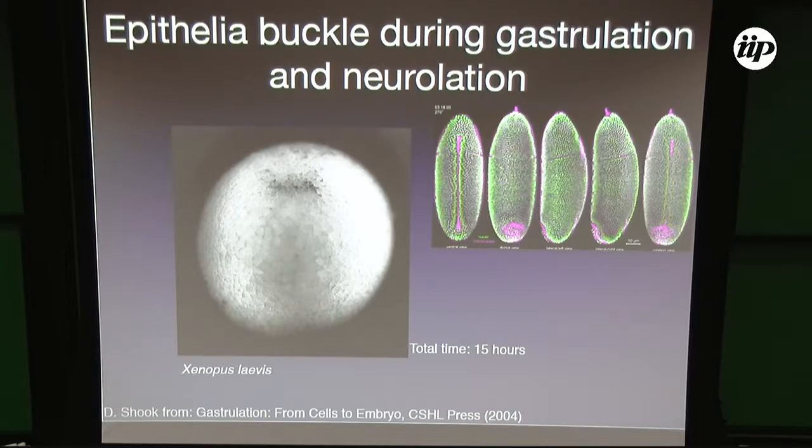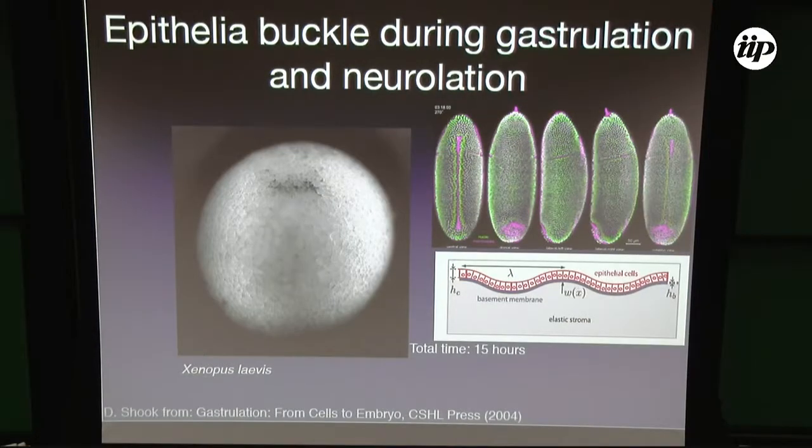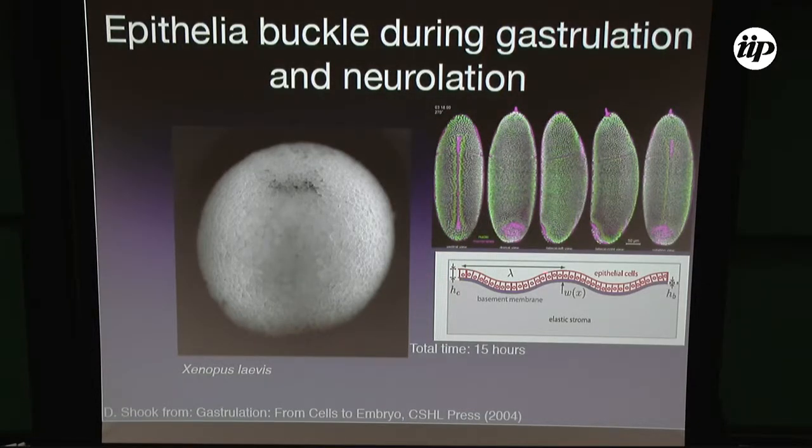And in that case, what we usually have is cells which are connected one to the other via cell adhesion. And below, usually they are attached to a substrate which can be elastic. And it was proposed that these buckling effects are related to the fact that you have contractile forces which are generated inside the cells, cell-cell contact, plus the elastic interaction with the